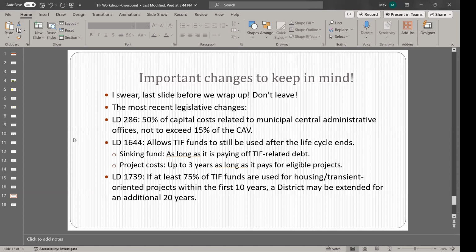I do. Sherry Stanley put a very good question in the chat on this slide in front of us. The word transient after housing, is that transient or transit-oriented development? I used to work for a public transit agency, so I'm really keen on transit-oriented development. So what is the... Public transportation. Okay, so it is transit-oriented development projects. Okay, yeah, got it. Thank you. Thanks, Sherry, for raising the question.